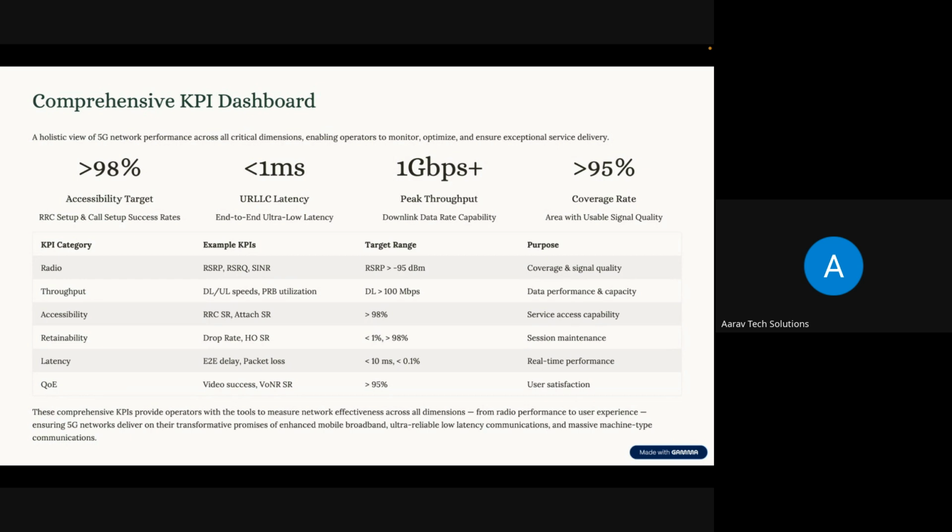If you talk about user experience data rate, if a user gets a maximum throughput of 10 Mbps, then 5G is targeting 100 Mbps. If we talk about end-to-end latency, if the latency in LTE is in the range of 10 to 50 milliseconds, then 5G promises to reduce that latency up to 1 millisecond. If we talk about mobility, LTE supports 300 to 350 kilometers per hour, then 5G promises to support 500 kilometers per hour. For each and every spec, 5G promises some improvement, some enhancement. If we talk about the connection density,